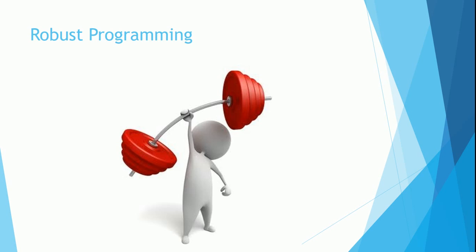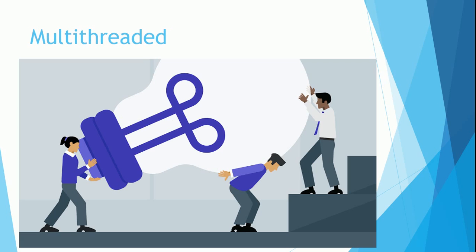And the next one is multi-threaded. What does multi-threaded mean? Let me explain by way of a real-time example. When we work as a team, we divide the task into several parts and each person does some specific task. The advantage is that it becomes faster and easier to complete the task. Like that,